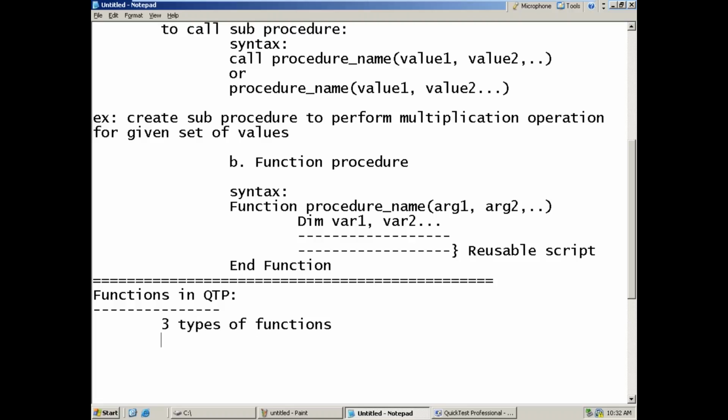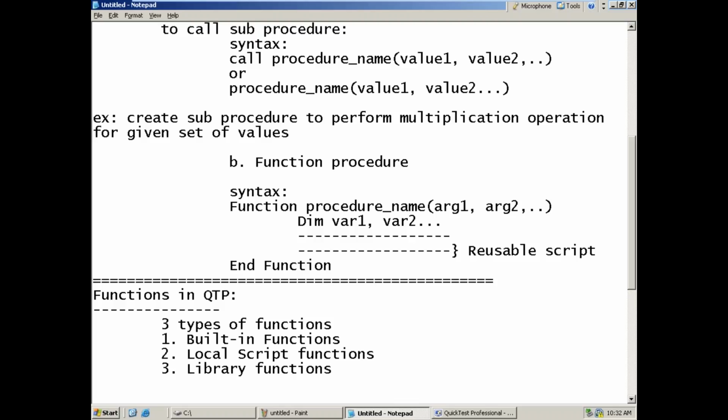What are those? One is built-in functions. Second is local script functions. Third is library functions. Like reusability and non-reusability, the same way here, local script functions and library functions we have.